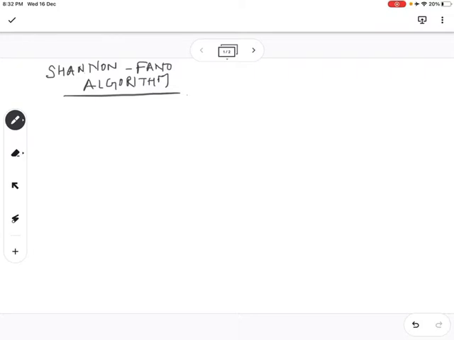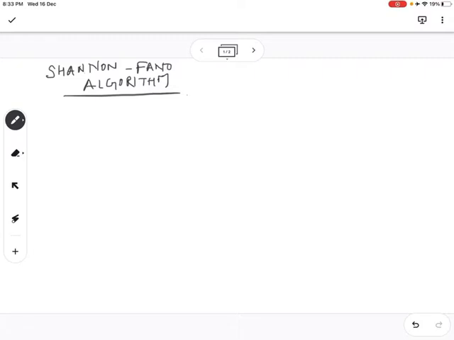There are basically two methods, or algorithms, available for source encoding or data compression. One of them is the Shannon-Fano algorithm and the other is Huffman coding. We will learn Huffman coding in the next lecture, and today we are going to understand the Shannon-Fano algorithm. The name comes from two American mathematicians, Claude Shannon and Robert Fano, who gave two different but related techniques for constructing a prefix code based on a set of symbols and their probabilities.